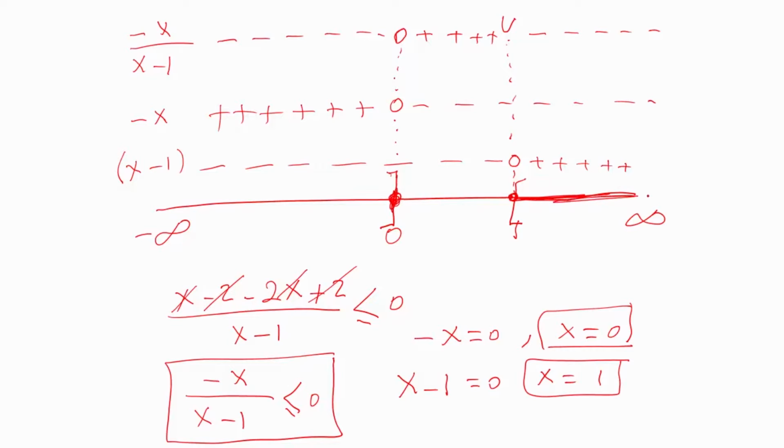So the answer is anything to the right of 1, anything to the left of 0 is the answer. Or is from minus infinity to 0, including 0, and from 1 to infinity, including 1. So that's the answer to this problem. Okay? Now, with regard to solving inequalities